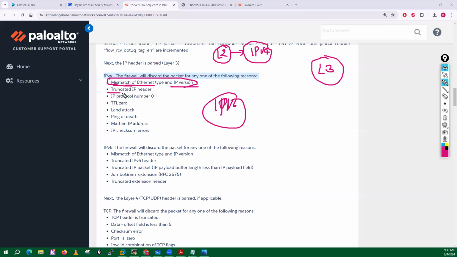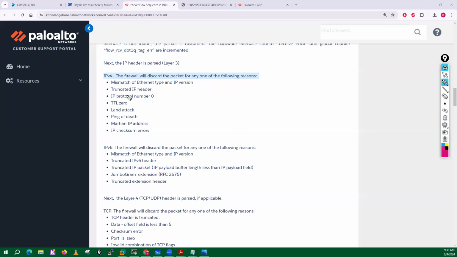If there is any type of issue with the truncated IP header, means in the IP header it has a proper format, right? If your IPv4 header is broken anywhere or truncated, what will it do? It will drop that packet because your IPv4 header must be according to the IP stack programming. Otherwise your packet will be dropped by the firewall. If we are receiving IP protocol number which is 0, in that case also it will drop that packet. If we are receiving the packet with TTL 0, time to live, which is 0, then also it will drop that packet. And if